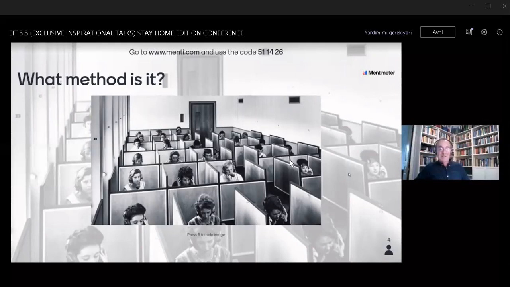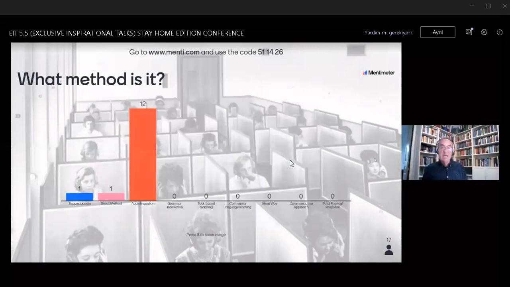I'm assuming that this is working satisfactorily, and any minute now we're going to see some, here we go. Yes. Okay, there is a strong preference, a very strong preference for